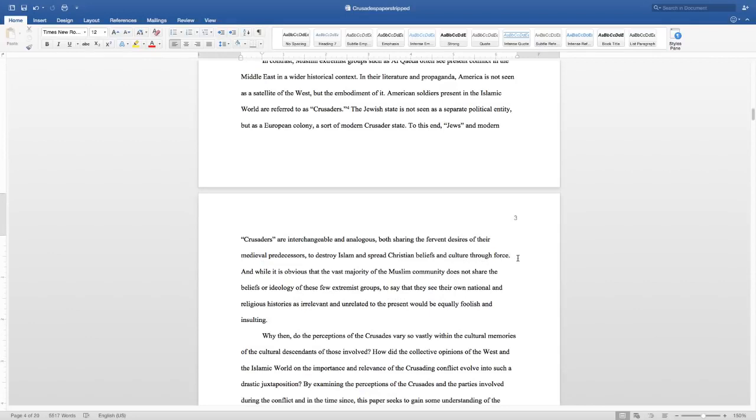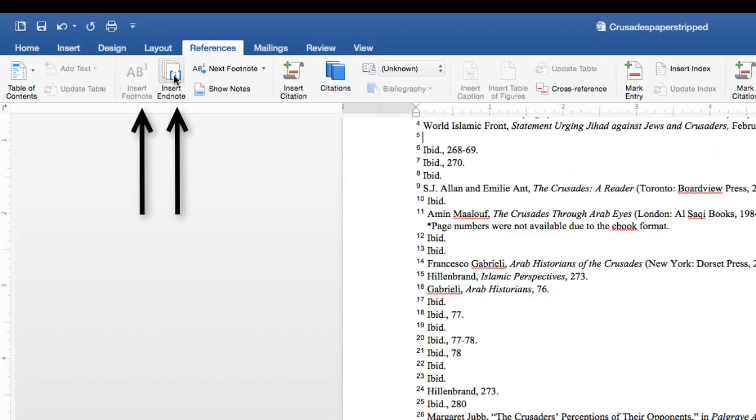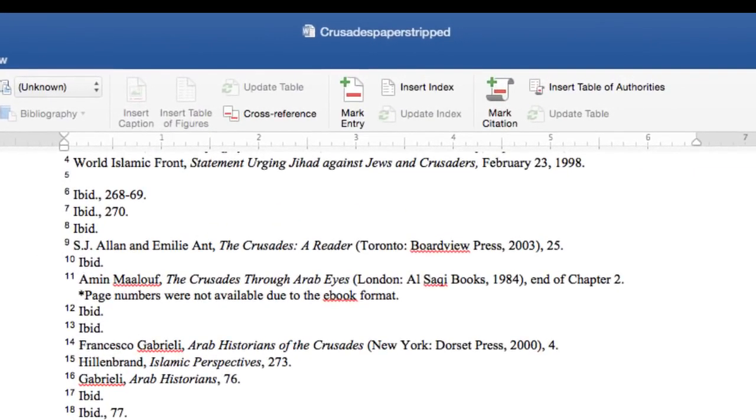Your footnote and endnote marking will always come at the end of the sentence. Now, click on the References tab, and then click Insert Endnote, or Insert Footnote, depending on your preference. Your cursor should automatically jump down to the note listing at either the bottom of the page or the end of the document. When citing a monograph in a foot or endnote, Chicago instructs us to first list the author's